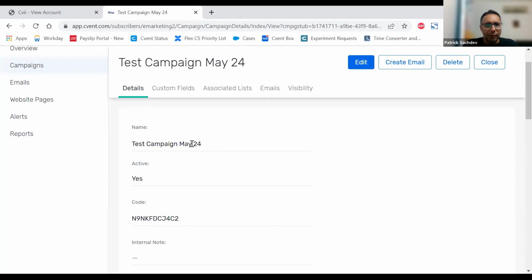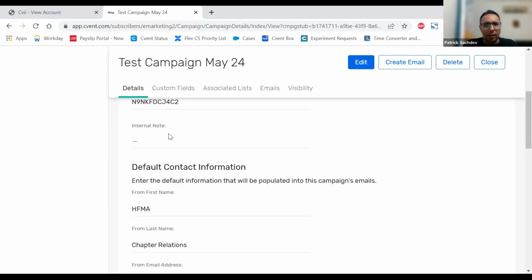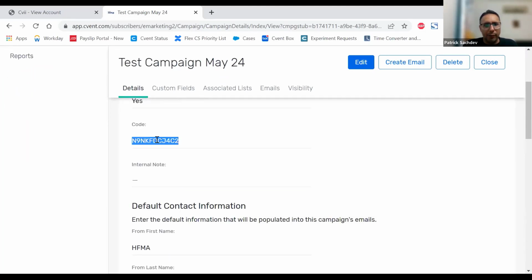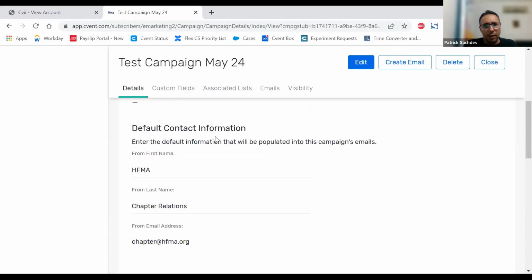It will show you the name of your campaign, whether it's active or not. There's a unique identifier with that, which actually helps you identify if you wanted to share this code with someone. Suppose you have multiple campaigns that have similar names and it gets easier to track, then the code actually helps you identify because this is unique for every campaign. And then, of course, you're able to edit any of this information that was previously updated